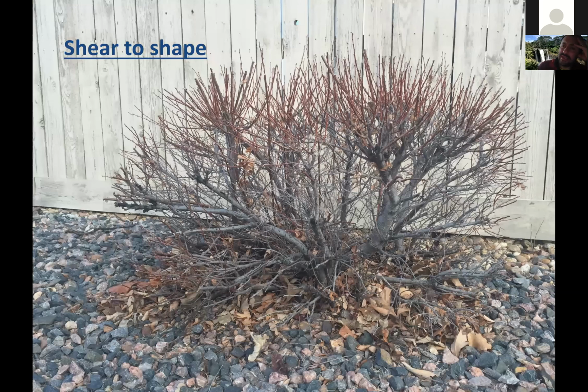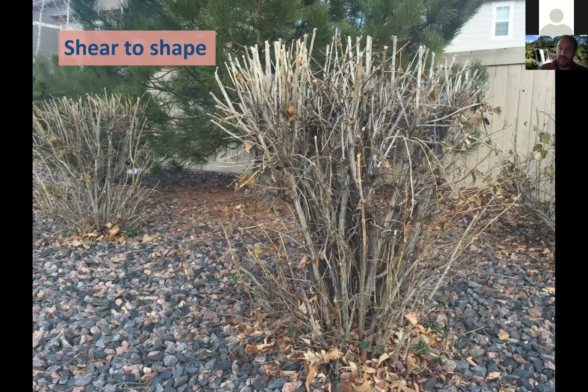Here we can see this is a Tatarian honeysuckle, which wants to have this arching habit. And you can see it wants to arch, but they keep shearing off the arches. And so it has this really dense growth at the top, and then not much going on in other parts of the shrub. It just looks, to me, horrible. Again, I'm like, why are we dealing with this?